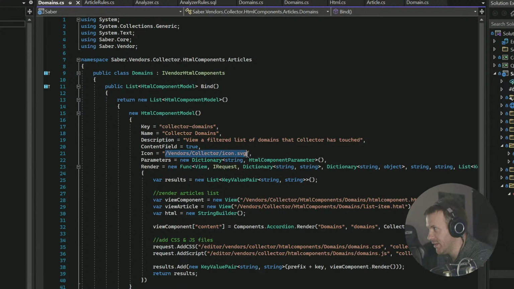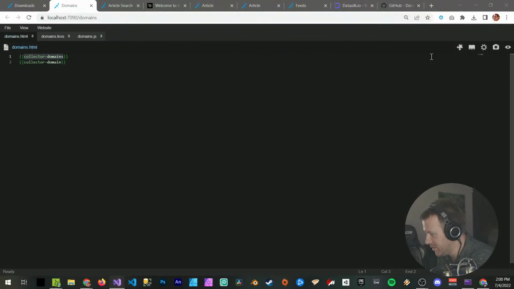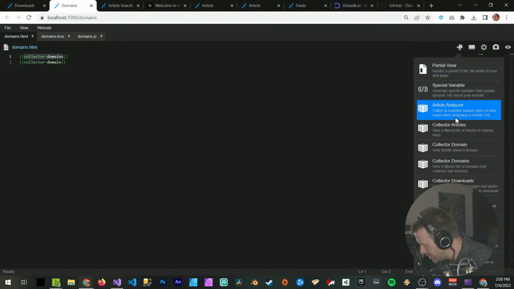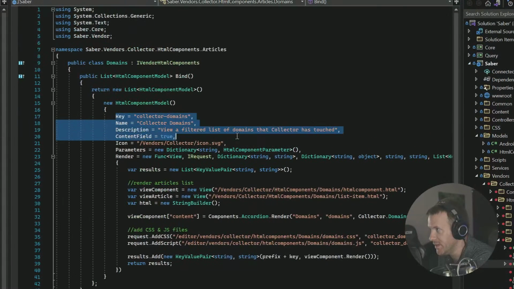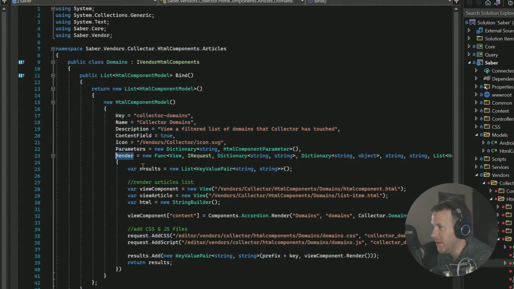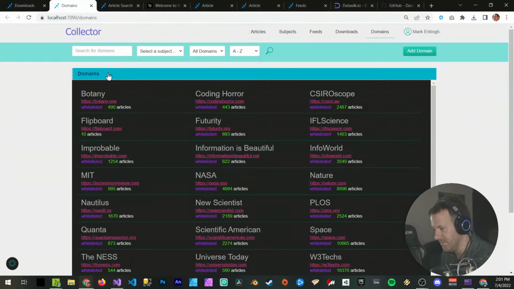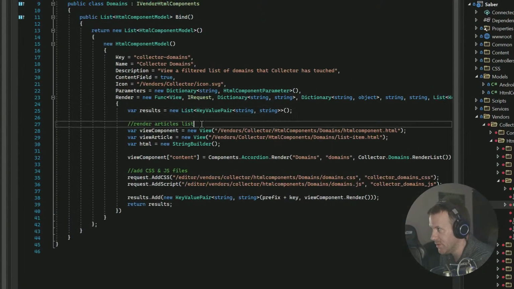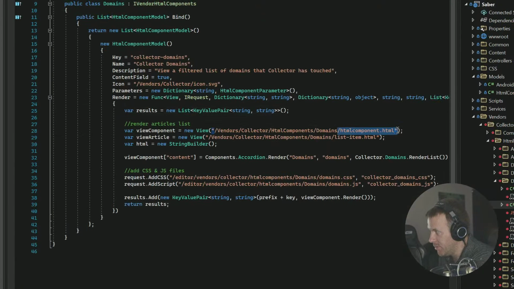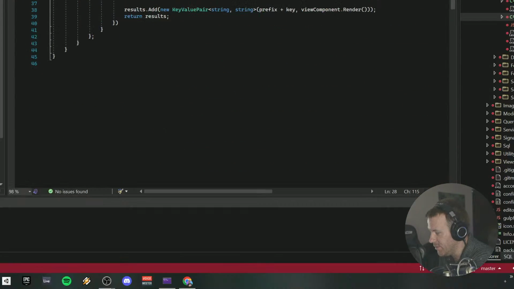I have an icon, a description, and you can see that here: collector domains uses this icon, this title and description, right? So that's all defined here. And then my render function will be executed on the page load here. So what do I do? I load the HTML component, the HTML file,